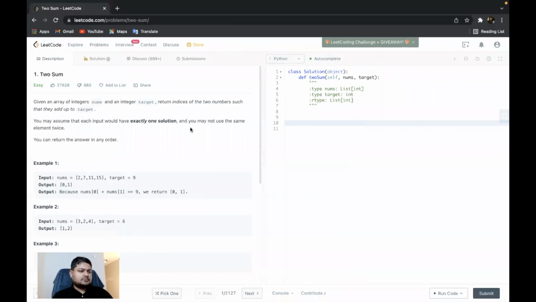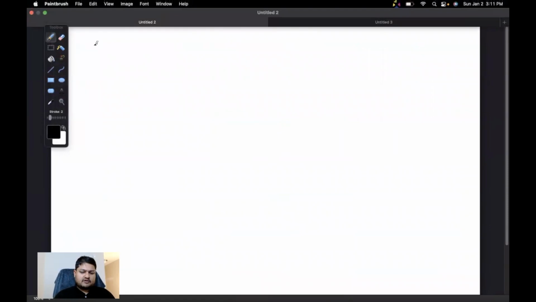So here's the problem. Given an array of integers nums and an integer target, return indices of two numbers such that they add up to target. You may assume that each input would have exactly one solution, and you may not use the same element twice. And you can return the answer in any order. So basically, what they are trying to say is that you are given